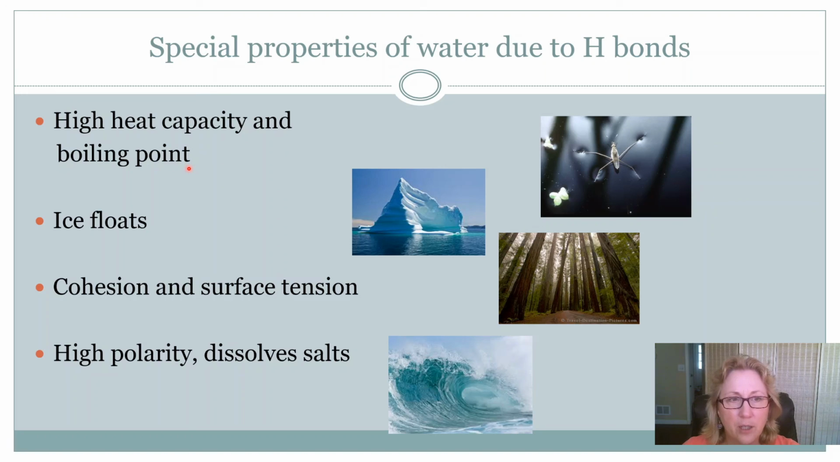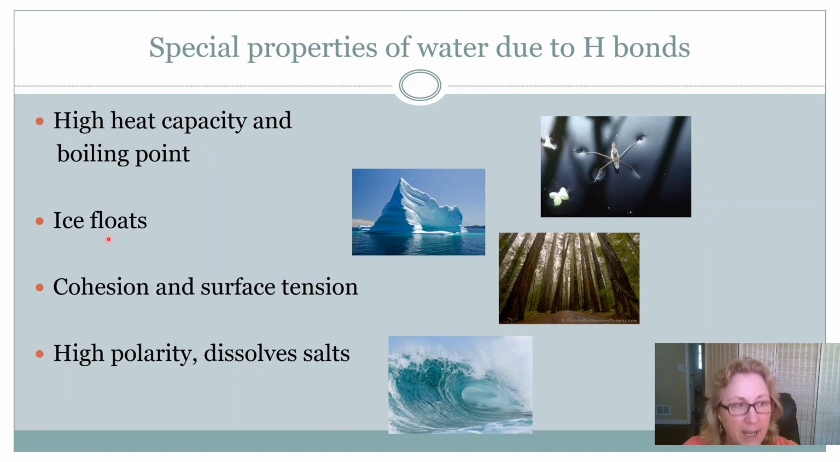Water is a pretty low molecular weight molecule. It only has a molecular weight of 18, which is pretty low. And it has an extremely high boiling point for something with such a low molecular weight, and that's due to the hydrogen bonding. The fact that ice floats, this is something we just so take for granted with water, but